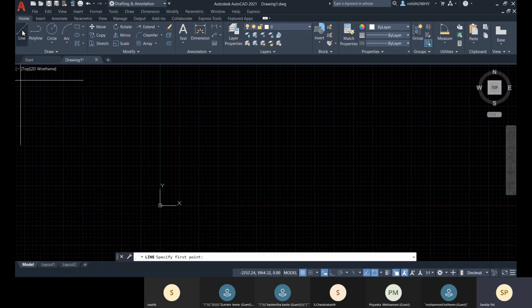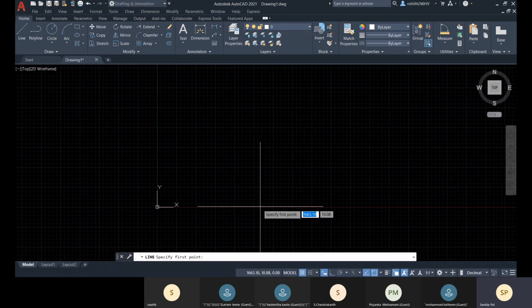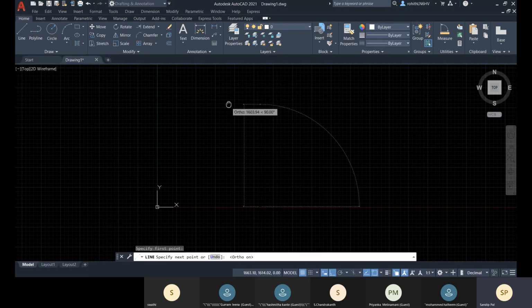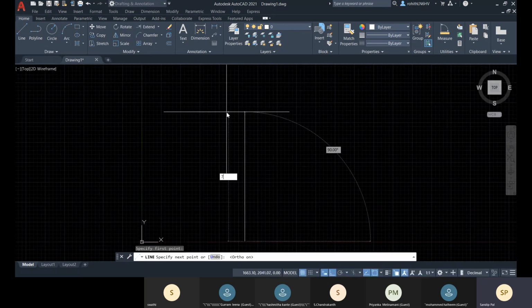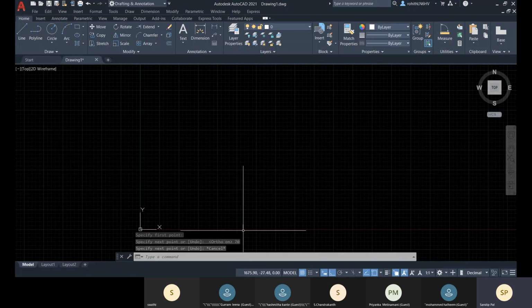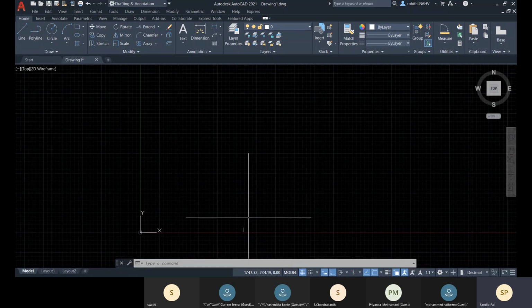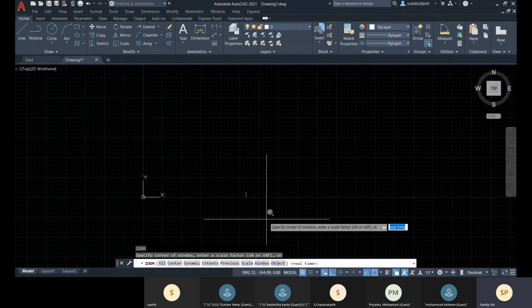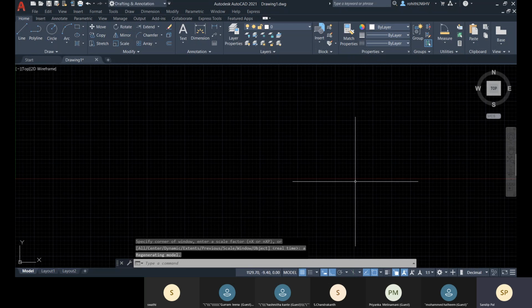Let's go for creating a line. I'll create a vertical line having a total distance of 70. Let me activate ortho mode, and let me escape it. Here you can see that this 70 length line is too small within this drawing area. So what I'll do is go for Z, enter, Z for zoom, and there I'll go for A, enter. All the objects will be zoomed.